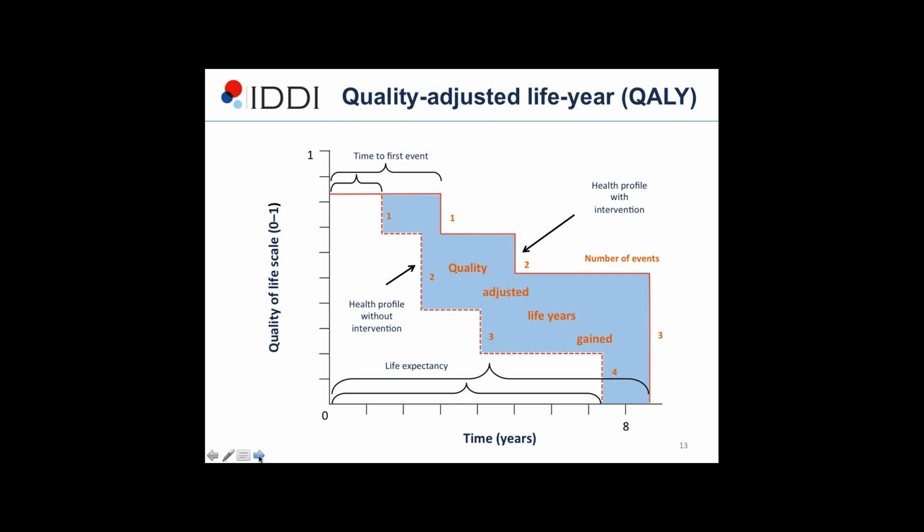And by the way, that's typically the utility in a normal population. In this case, you can see after approximately 1.5 years, this individual has a myocardial infarction, or a heart attack. And you can see what happens at that point is that the quality of life drops. They then exist on for another year or so. Unfortunately, they have a second heart attack, etc. And you can see this patient goes on, has their 4th heart attack, and on the 4th heart attack they die, at just over 7 years.